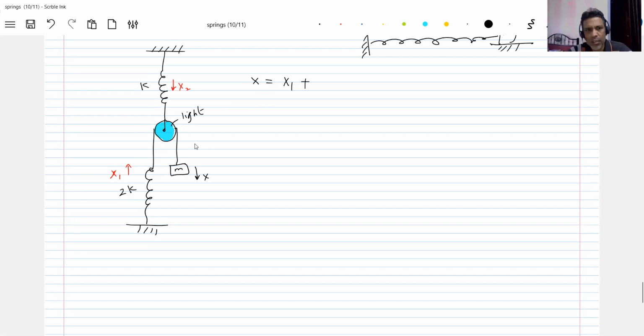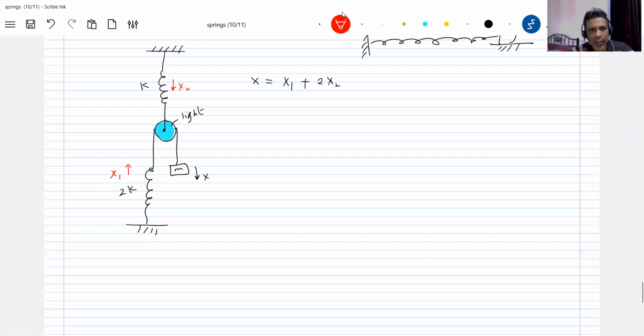Then assume that now this spring is not there. Assume that the spring K and the block are there. If I move this point on a pulley by 1 meter, then how much will the block move? By 2 meters, by the constraint equation. So the displacement of the block X is twice the elongation of this spring. If I move a point on a pulley by 1 meter, 1 meter will become loose, and the block will move down by 2 meters. So the displacement of the block is twice the elongation of this spring. Here, I'll write it as 2x2.